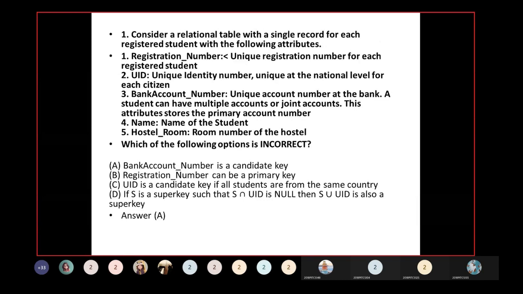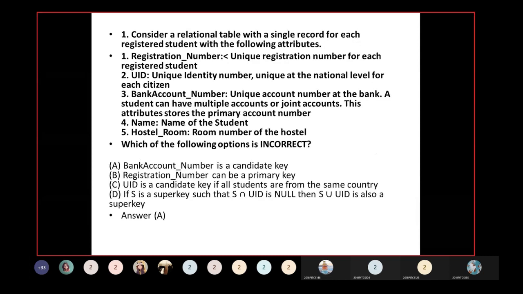Two, the UID, unique identity number, unique at the national level. Three, bank account number, the unique account number at the bank. A student can have multiple accounts or joint accounts. This attribute stores the primary account number.